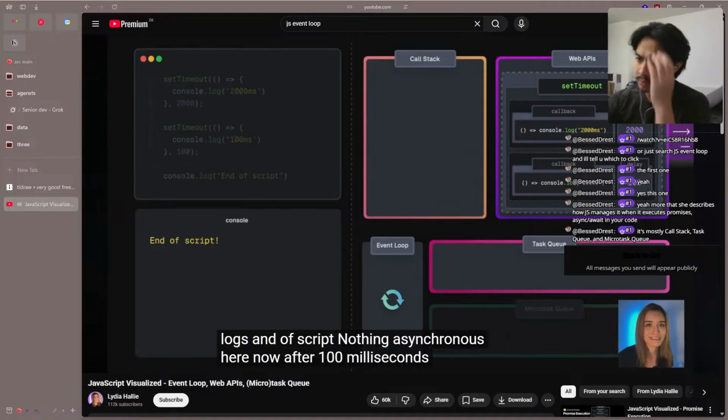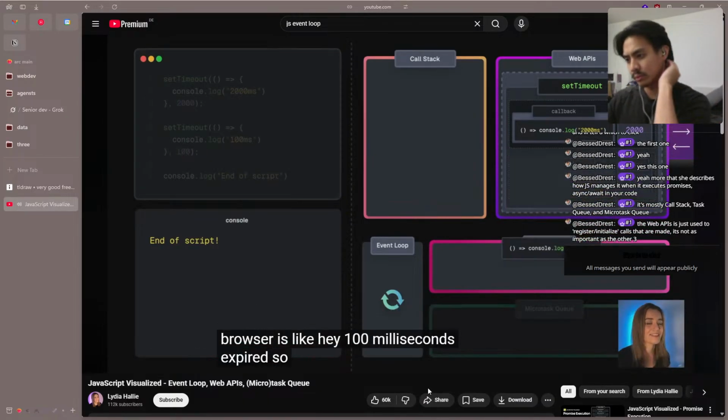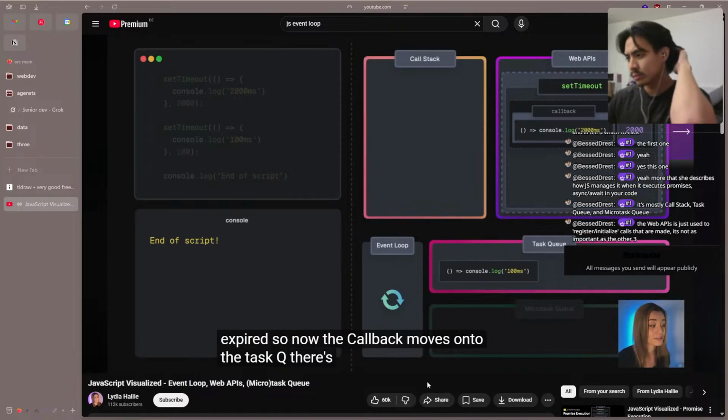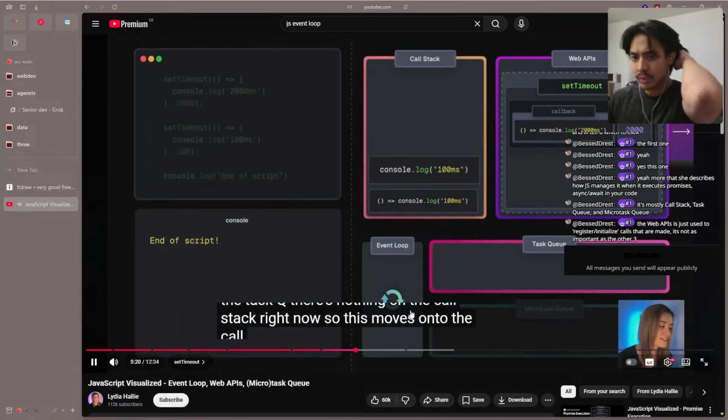Now after 100 milliseconds, the browser's like, hey, 100 milliseconds expired. So now the callback moves onto the task queue. There's nothing on the call stack right now, so this moves onto the call stack where